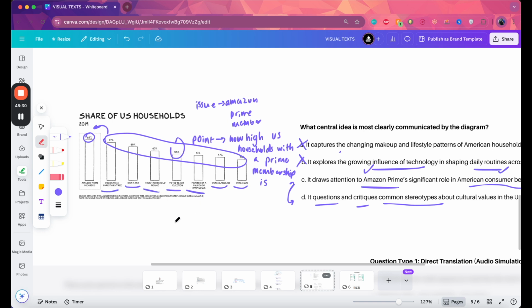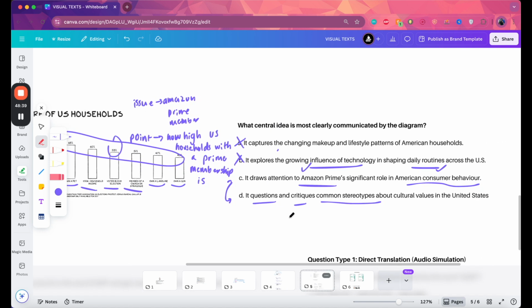If they have some sort of commentary here, or maybe they've added some sort of caption where they're questioning and critiquing more specifically, maybe I'd pick D. But it's just,